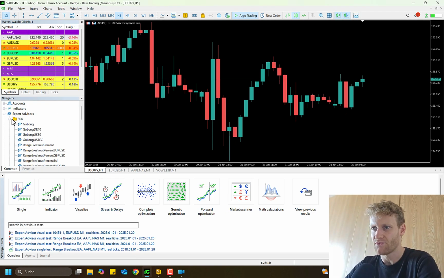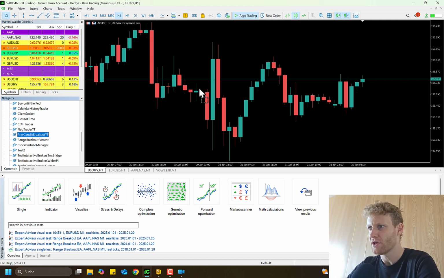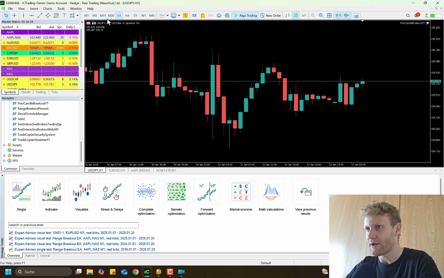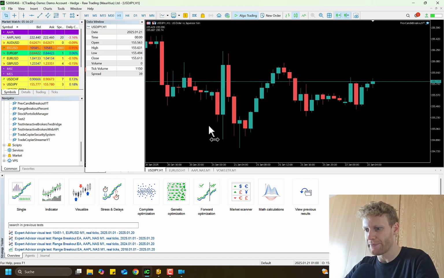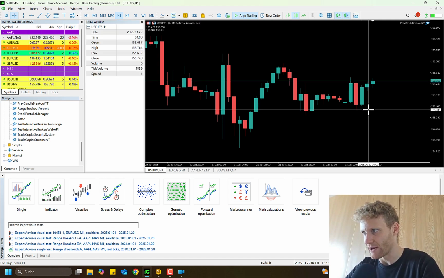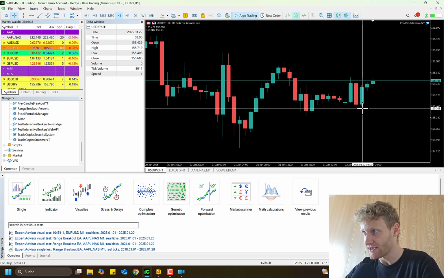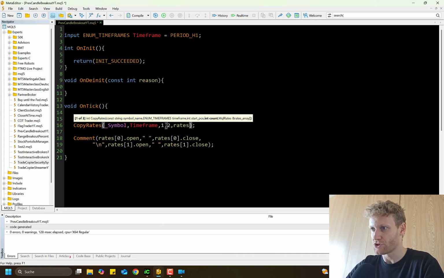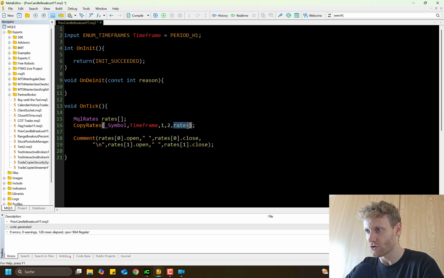So I can find my program now here in the expert advisors. Somewhere here we have previous candle breakout. If I drag and drop it on any chart, you will see with the next tick in the upper left corner a chart comment, and this should be the open and close price of the last 2 bars. So this is bar index 1, and this is bar index 0 in our rates array now. We put 2 values in this rates array, so our rates array should have a size of 2,